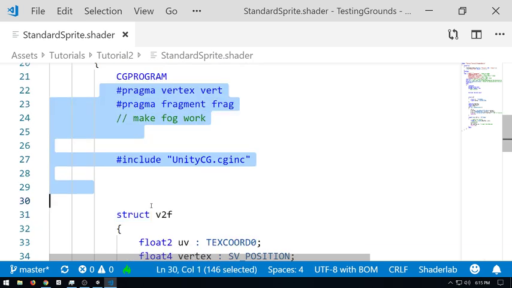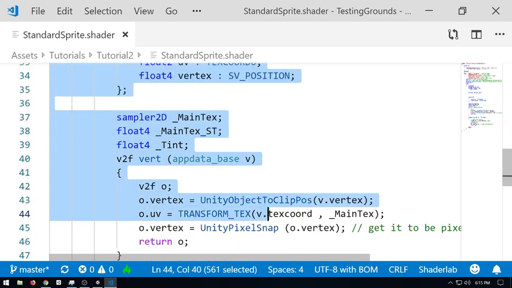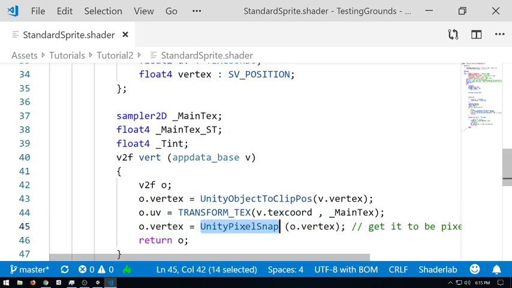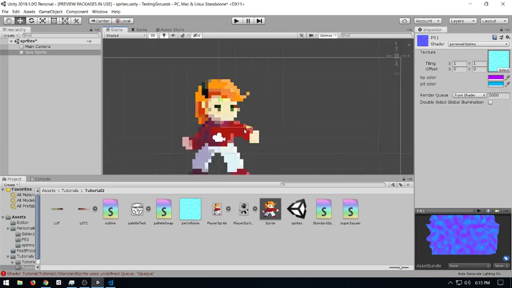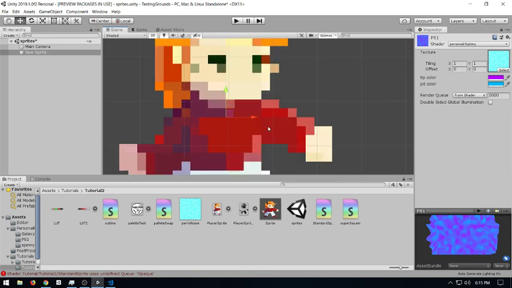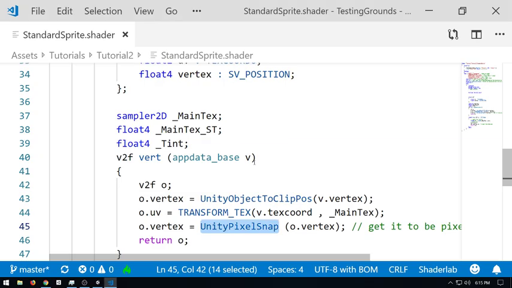And again, pass. And everything past this looks very familiar. The one difference in the vertex function is Unity pixel snap. This is kind of a thing that's very particular, and I actually cannot see it by myself. But essentially the idea is that if we're doing pixel art, we want it to snap to a pixel. We don't want the pixel art to get caught in between pixels and have weird interpolation issues. So this essentially says, hey, snap the pixel on the piece of art to the nearest pixel on the screen. It keeps things from going in between pixels, getting resized weirdly, and kind of maintains your aesthetic.